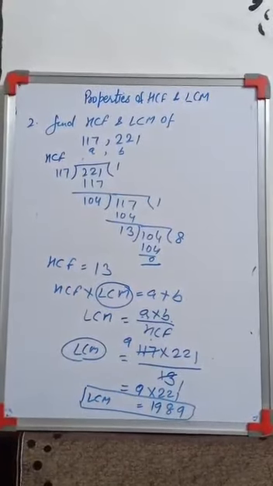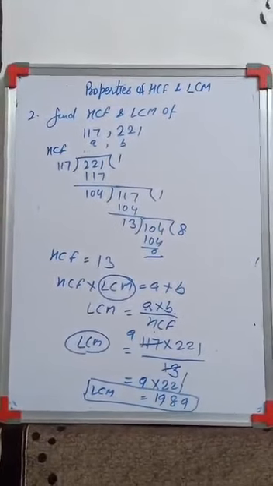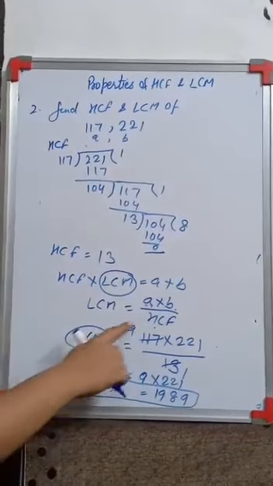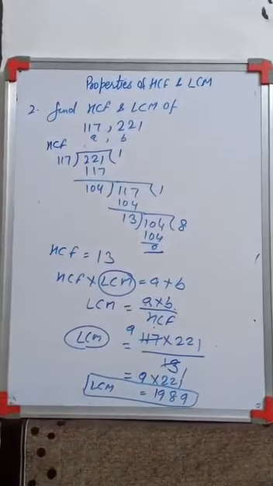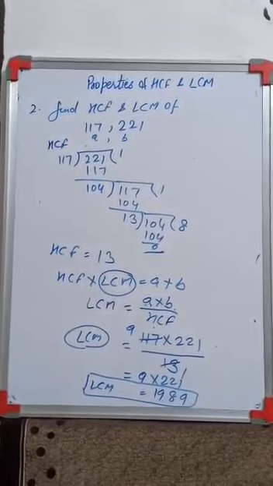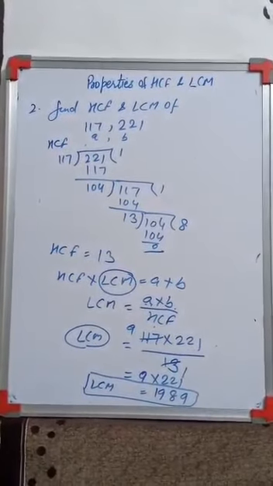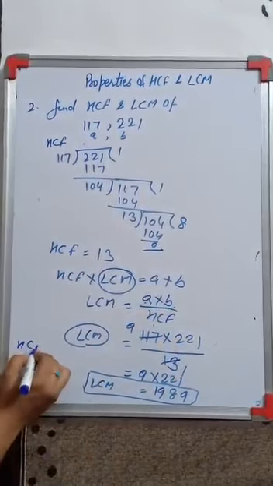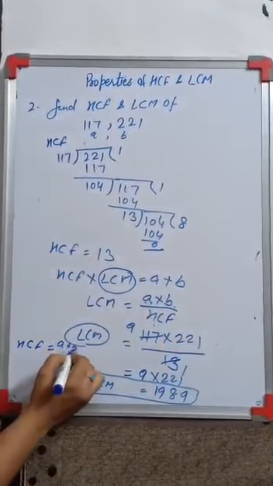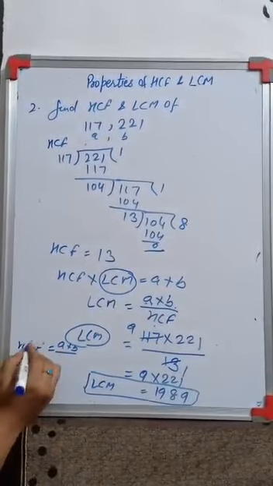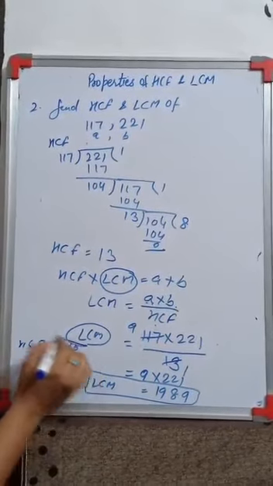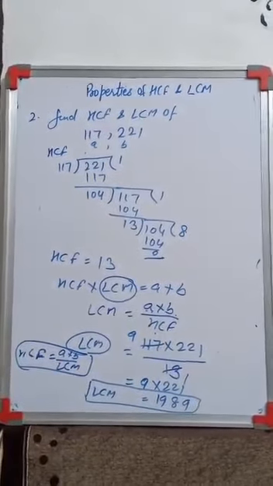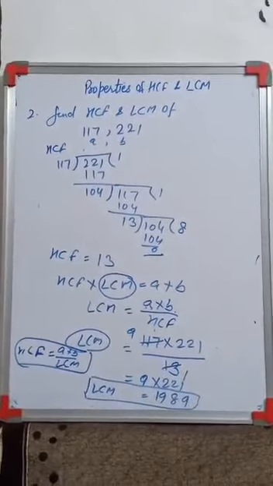So in this way you will solve the questions. You need not calculate HCF and LCM separately. If you have calculated the HCF, then just put the values in the formula, you will get the LCM. Or similarly, if you have the LCM, you can calculate the HCF. Just like LCM is equal to A into B upon HCF, similarly HCF will be A into B upon LCM, right? Both are formulas where A and B are the pair of numbers for which you are calculating the HCF or the LCM.